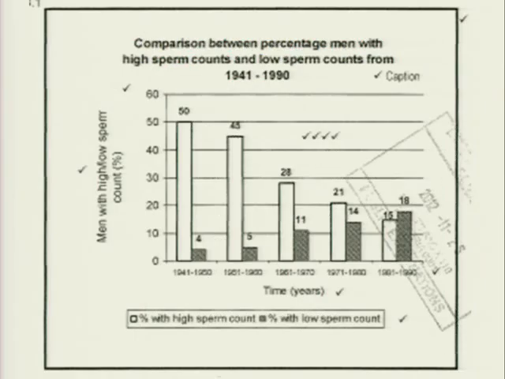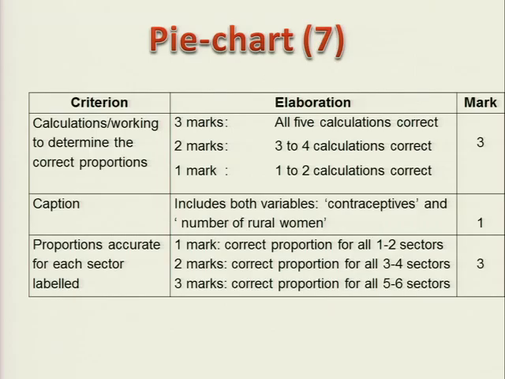In the bar graph, you'll find it in this way. There is a space in between, and then we still mark them the same way we have been marking the line graph and the histogram, whereby we have the suitable caption, we are marking the x-axis units, the y-axis units, and the plotting of the bar graphs, so we also have to give marks for them.